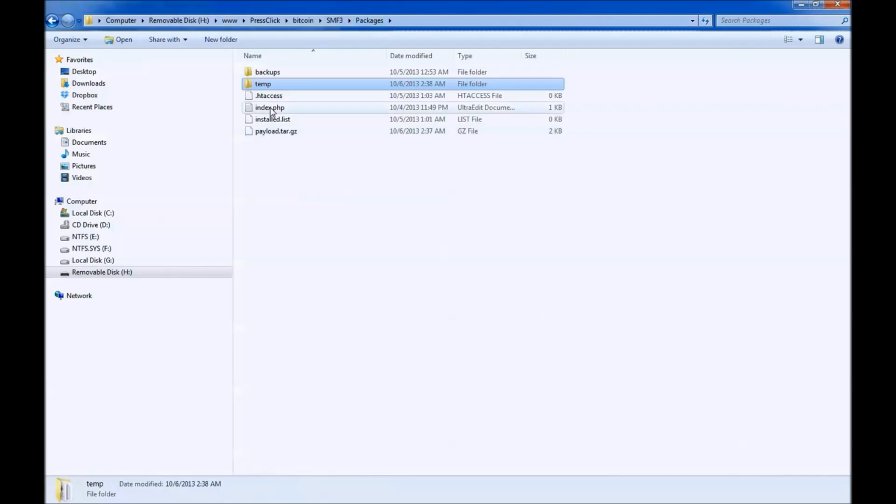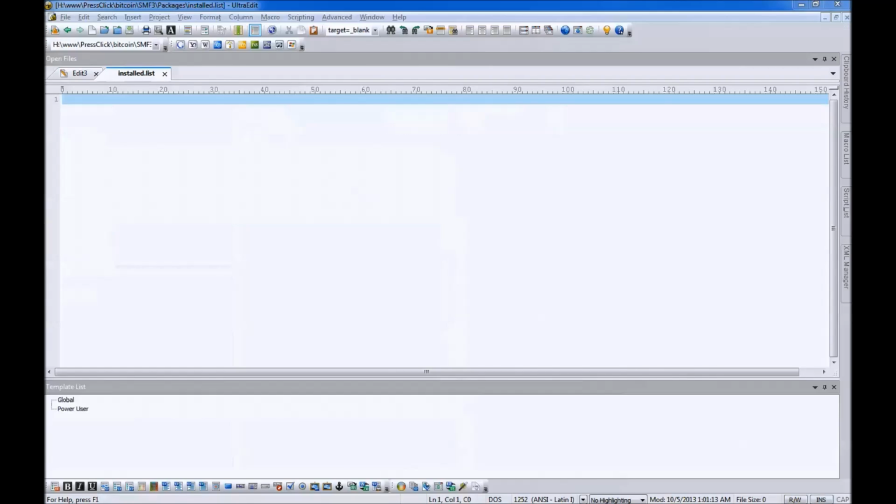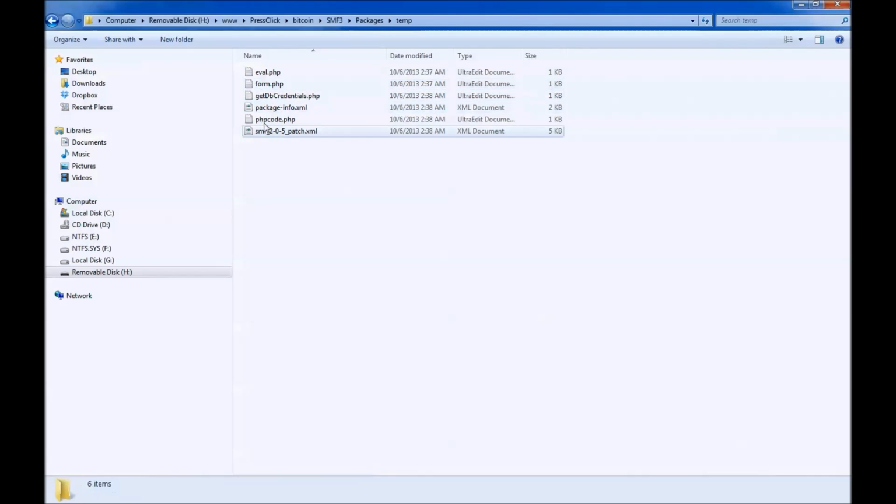Okay. Normally on an Apache installation, this won't work because you have this htaccess file, and this time I have installed on Apache, but I cleared it because I want to mimic an Nginx installation, because Nginx doesn't recognize htaccess. So I got this PHP code, and for example, this is